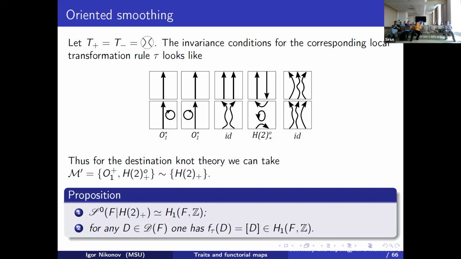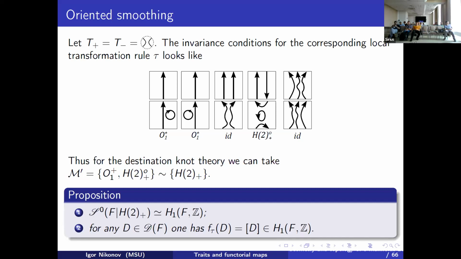In this case, we can write down the invariance condition. In order to have an invariance, the destination of theory prime should include moves O1 plus and H2 plus O, and that is a set of moves with a circle. And these are equivalent to the oriented set of moves H2 plus. And if we take a knot theory on some surface F, we get the following